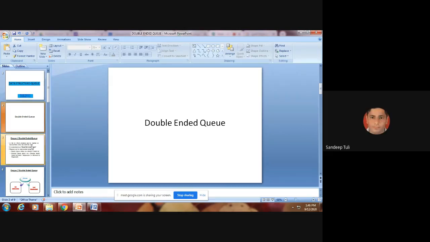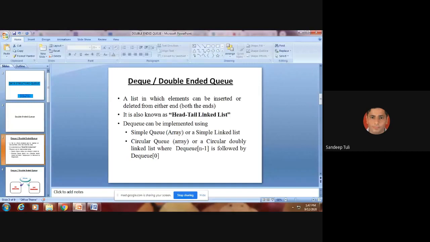Okay, no issue. So double-ended queue is DEQ. Third type of the queue we need to learn is double-ended queue, DEQ. You can see how we need to write it. DEQ. So this is different from DEQ operation also, and that we have discussed already in the first class of queue.